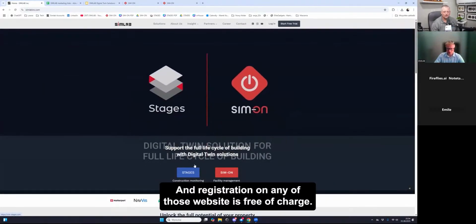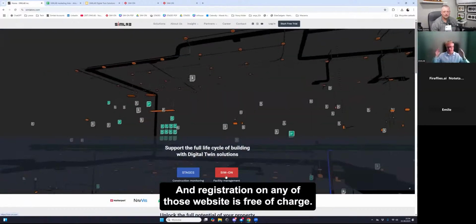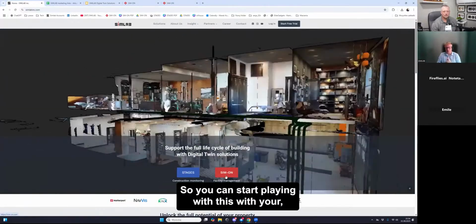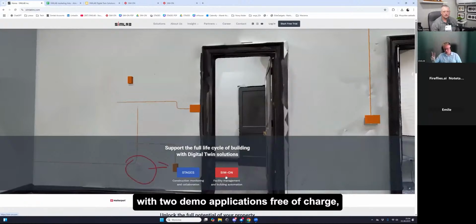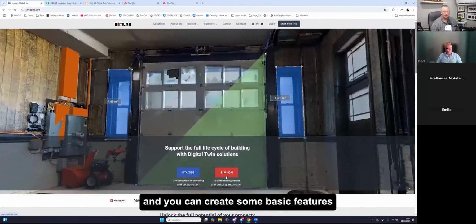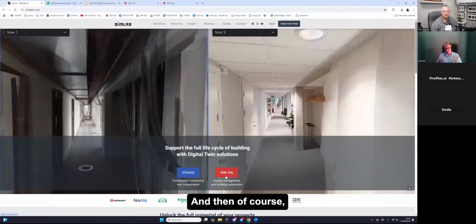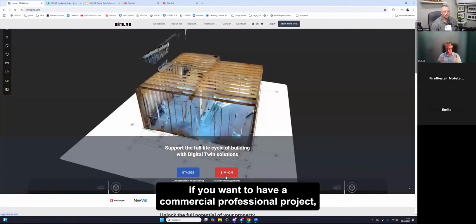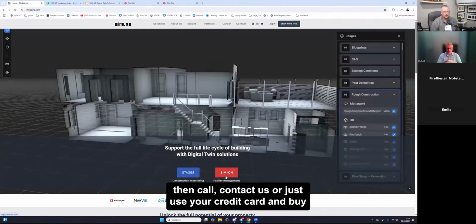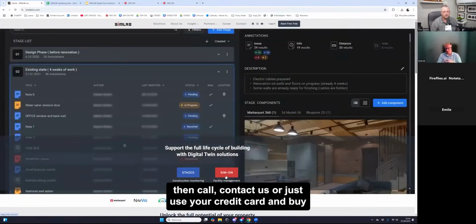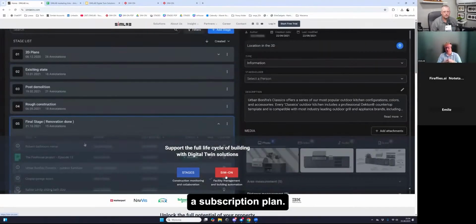Registration on any of those websites is free of charge. So you can start playing with two demo applications free of charge, and you can create some basic features for your own Matterport models. And then, of course, if you want a commercial professional project, you can contact us or just use your credit card and buy a subscription plan.